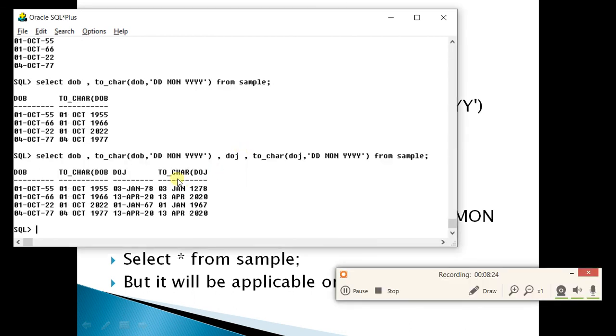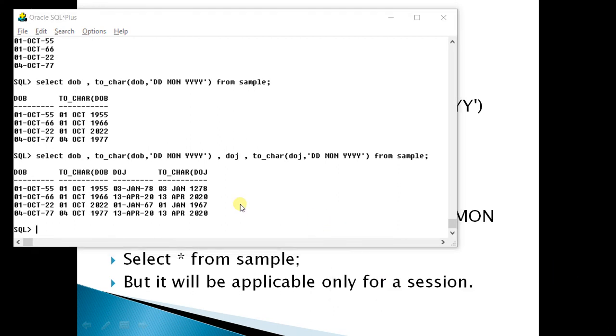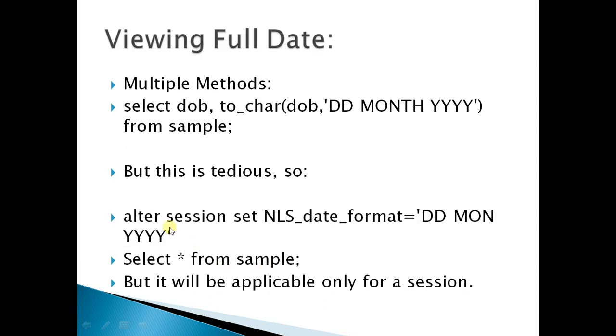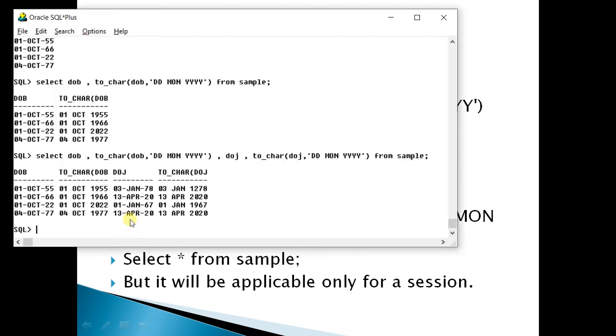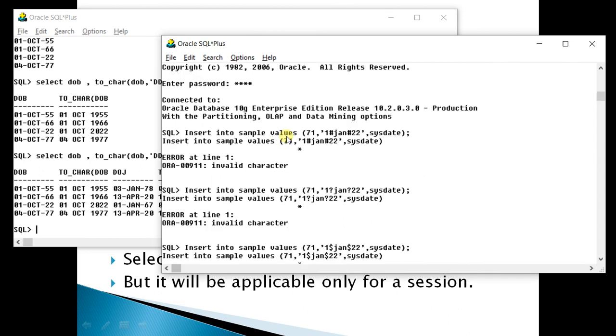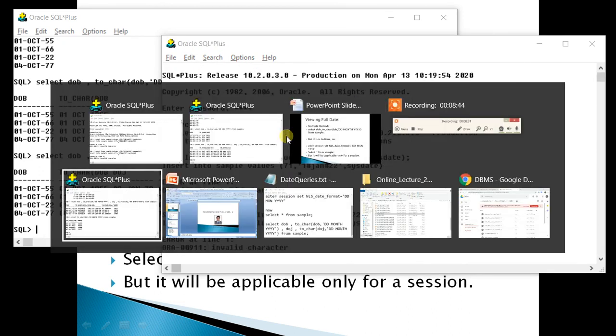However, this method can sometimes be tedious, so there is one simplified method also. You can use an option called alter session set NLS_DATE_FORMAT equal to dd mon yyyy. Let us write this query.